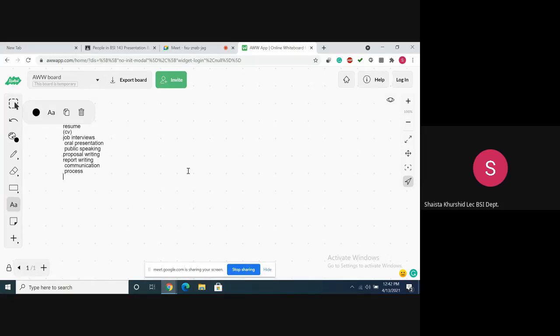Though these definitions are valid, that it is the exchange of information, they don't link the element of process. So there is one particular professor, her name is Jennifer Slake. She is a professor at Michigan Tech University. She is alive, right? She defined communication for her students, and she says